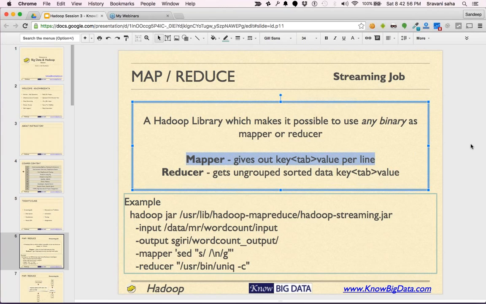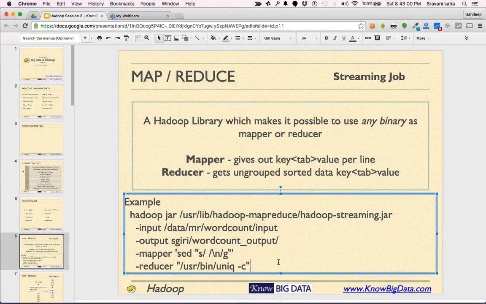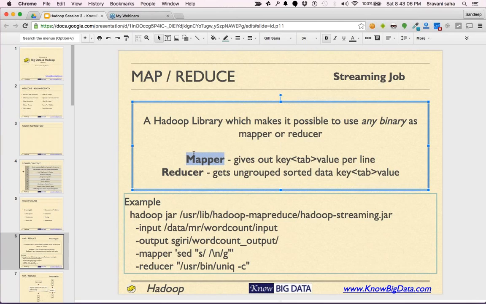You will see this as we go on. Now that makes Hadoop just a sorting library. The output of the mapper, given as key tab value, gets ordered and given to the reducer. That's all Hadoop will do in this case.